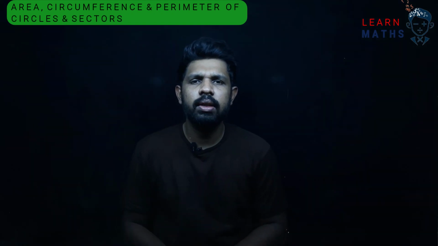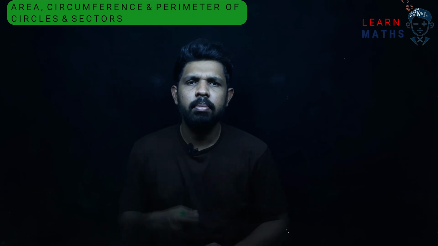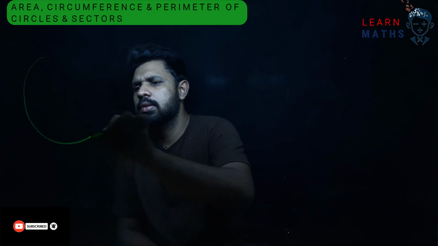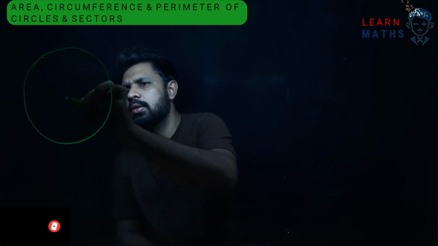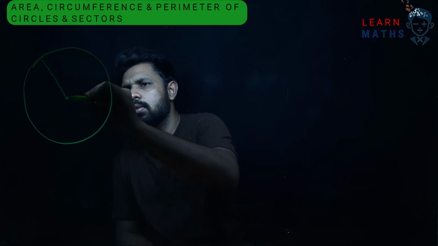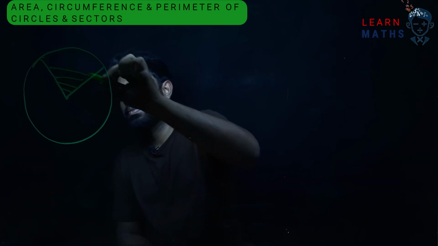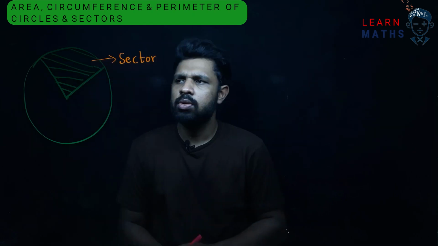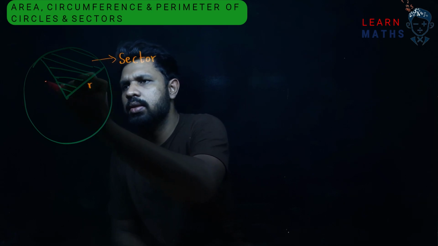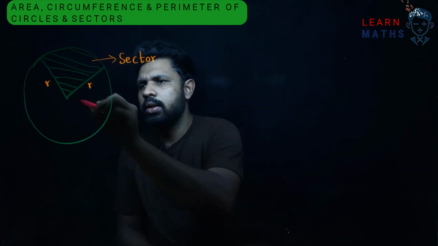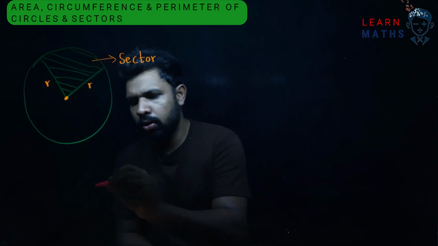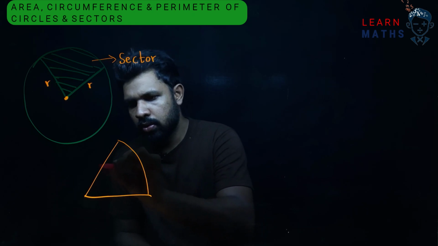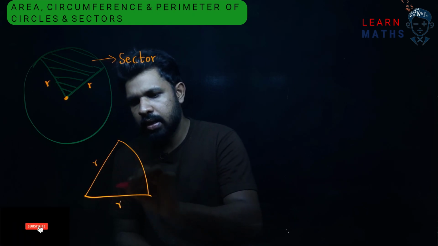Now let's see how to find the area and the arc length of a sector. Basically, a sector is a part of a circle. When you take a circle like this, a sector is a part of it. We know this is the radius and this is also the radius, while this is the center. When we take this sector alone, we get a shape like this. So this is the radius and this is the area.